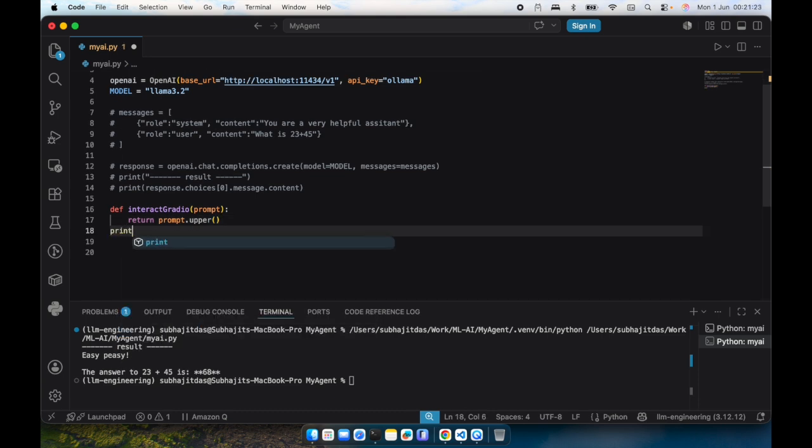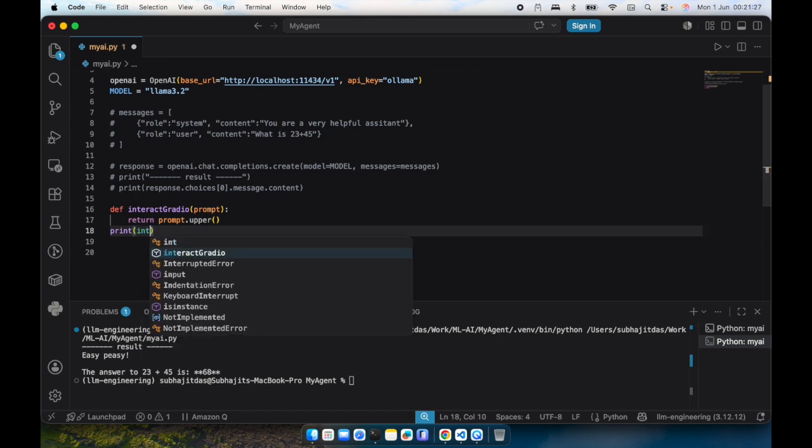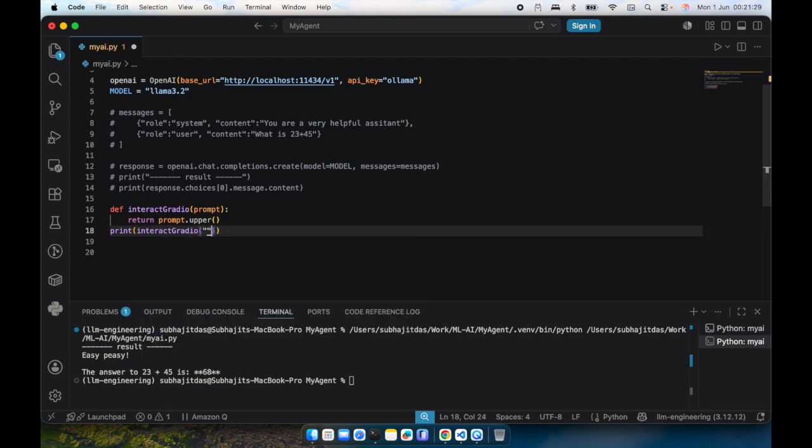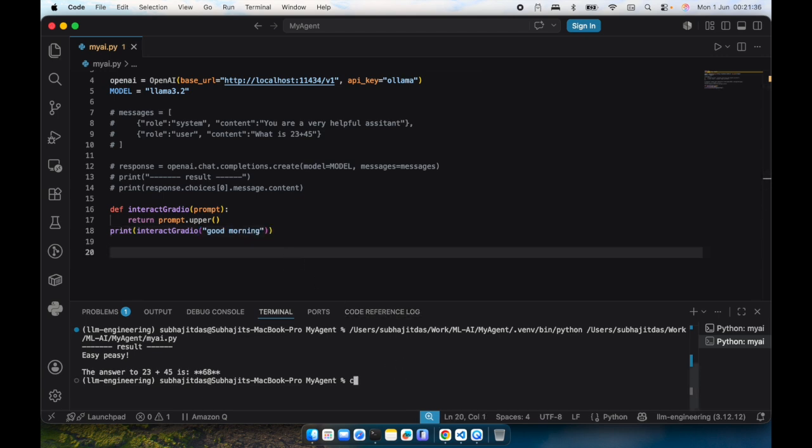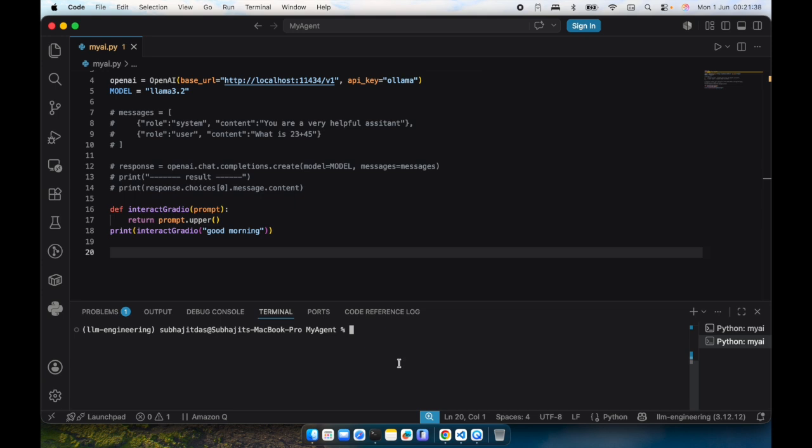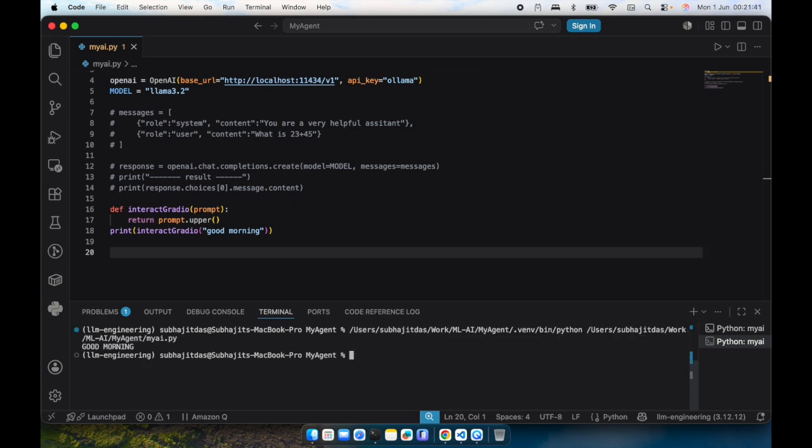Let's say print, and then interact Gradio, and let's provide one message. Let's say good morning. Now let's run this file again. I'm going to clear this, and let's run this file again. See, it has written good morning, the same prompt, same message, and the change is that it has become uppercase because we have provided this method uppercase. All right,